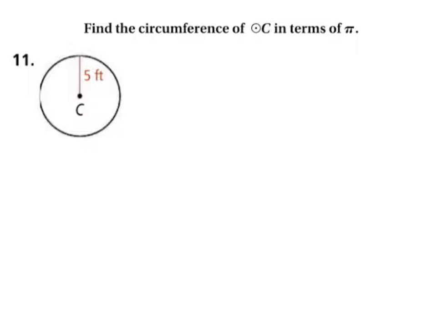Okay, the big idea with this is just that you need to know what it means to be in terms of pi, and you need to know the formula. Circumference equals 2 pi r. You could also say pi times diameter,